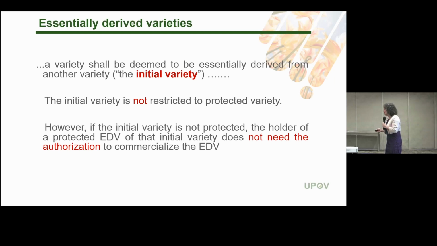So this is why, when a country introduces legislation in accordance with the UPOV Convention, and that country has national breeding institutes that are probably developing these initial varieties, it is very important to protect them. Because if they are not protected, then someone can use that material and develop a new variety, and then it will not be possible to claim any remuneration.